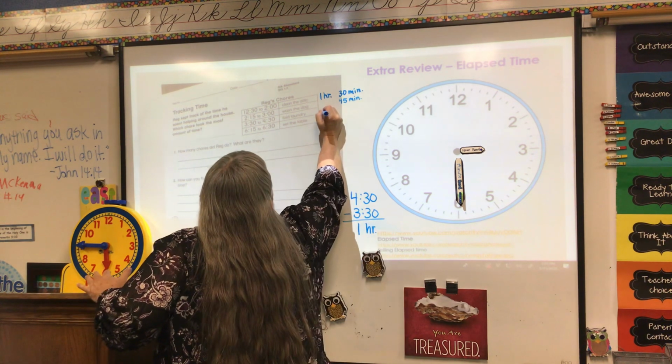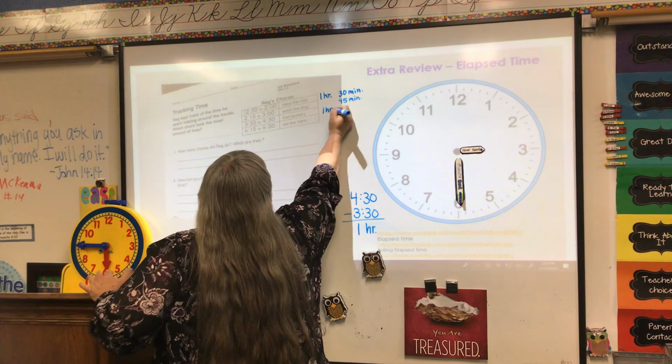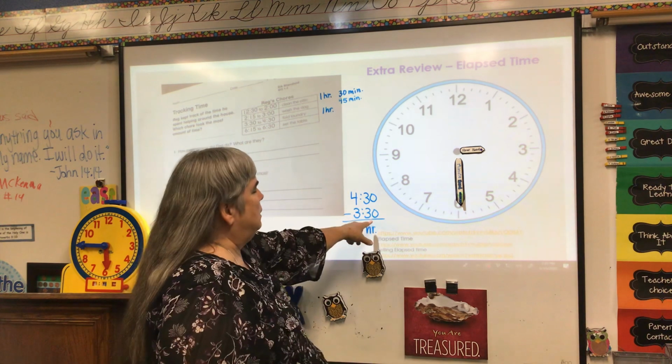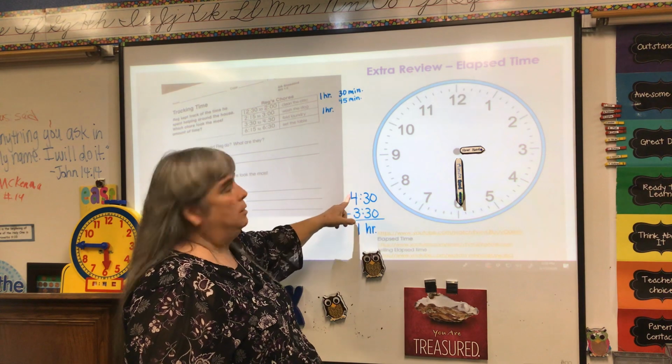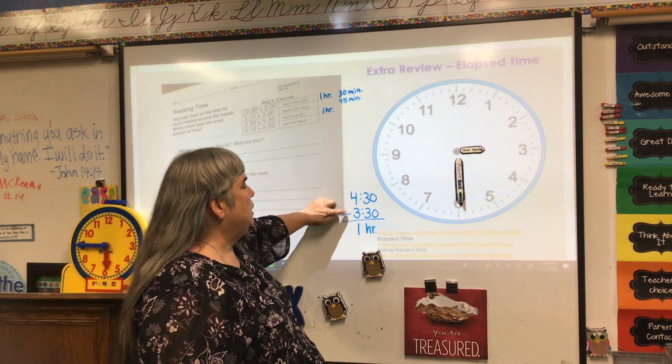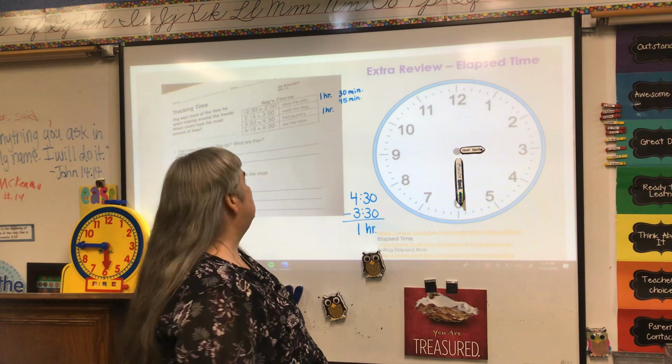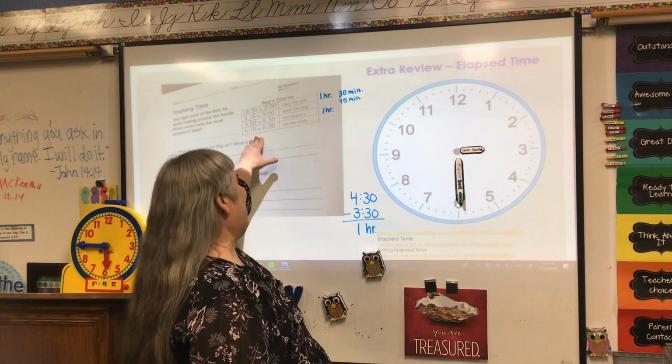So that activity only took 1 hour. If the minutes on the start time is the same as the minutes on the end time, then you're really just subtracting the hours. Okay? Last,